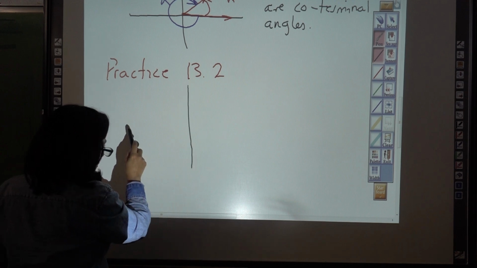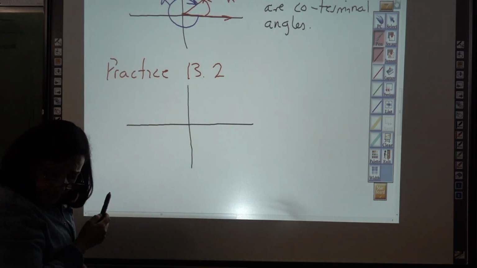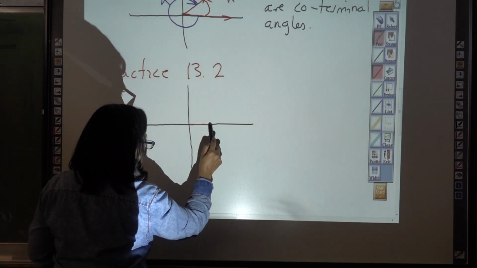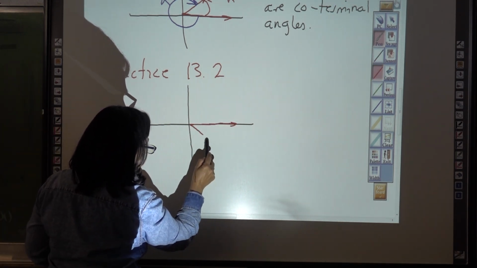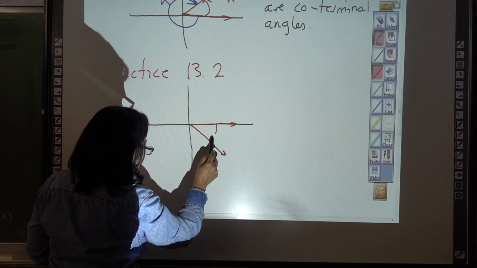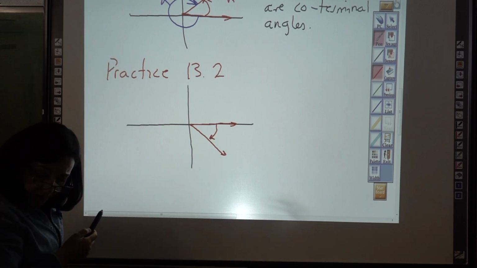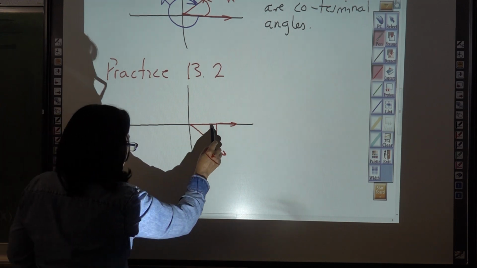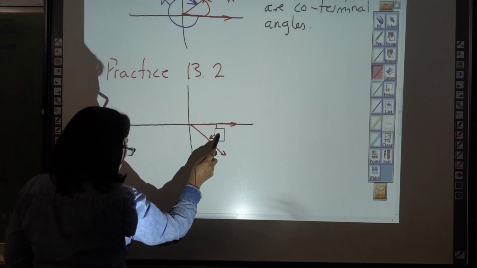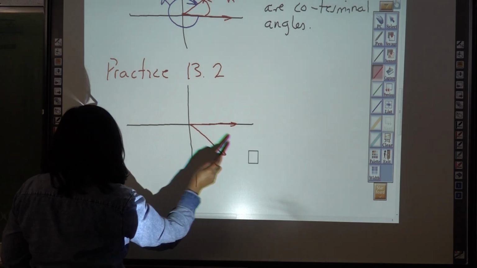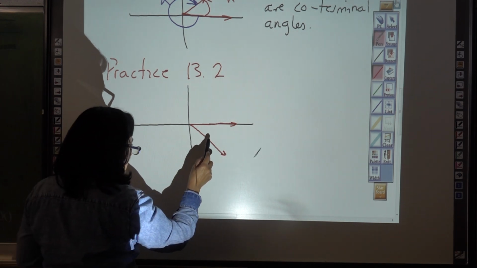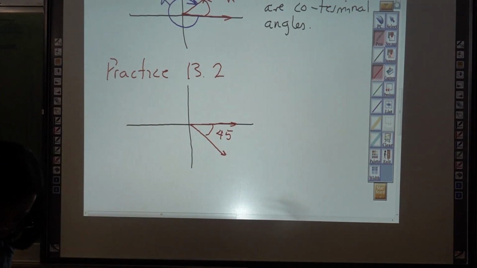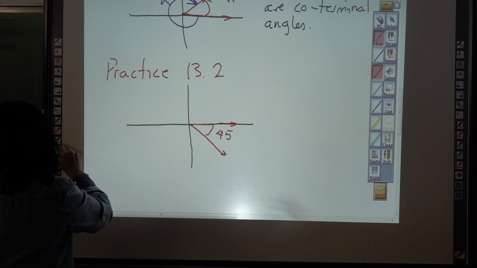Let's say, for example, one of the problems is this one. This is problem number 3. They're giving you this angle. It starts right here, ends right there. And there's this one, which is 45 degrees. This is 45 degrees, and they're indicating it as negative. So they say this is 45 degrees. They want you to find the angle that goes from here